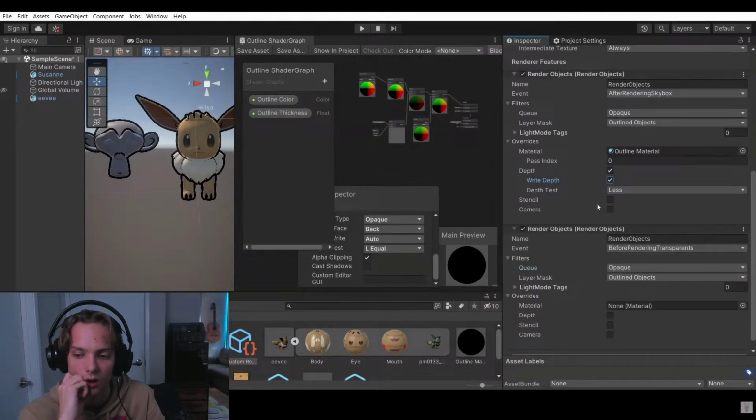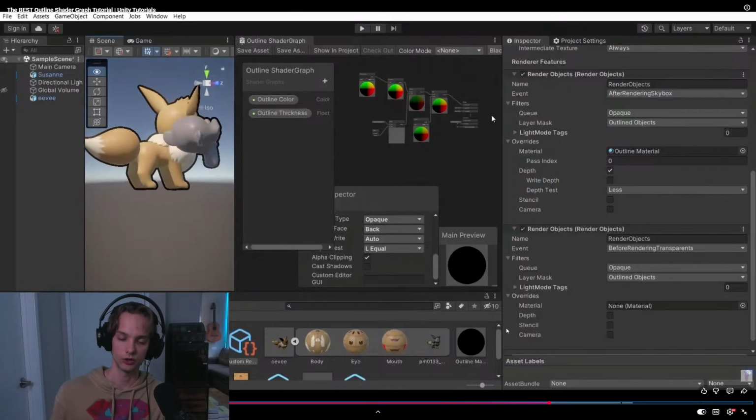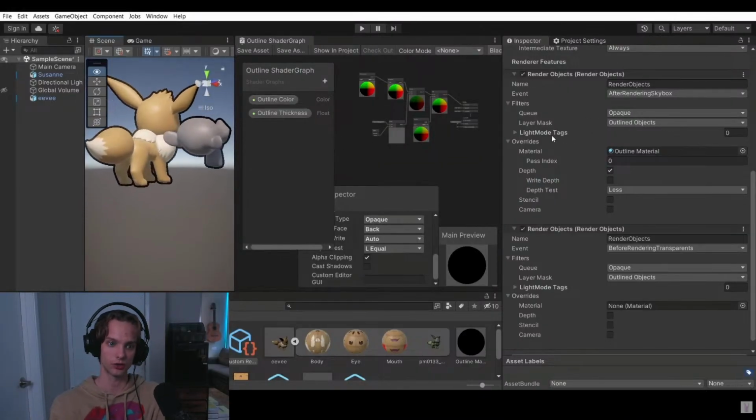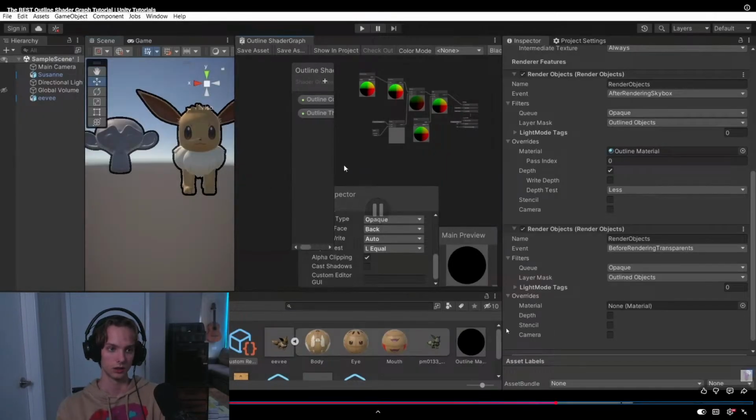And then if we tick off right depth, boom, we have now made it so that the outline only appears around the object. It still does require it being separated. One drawback with this outline, I will admit, is that